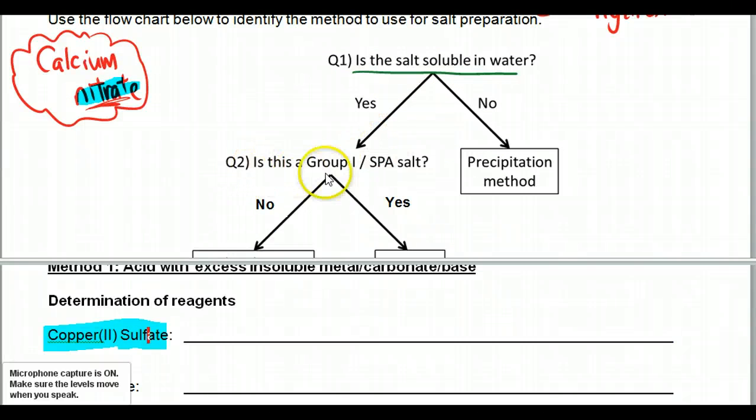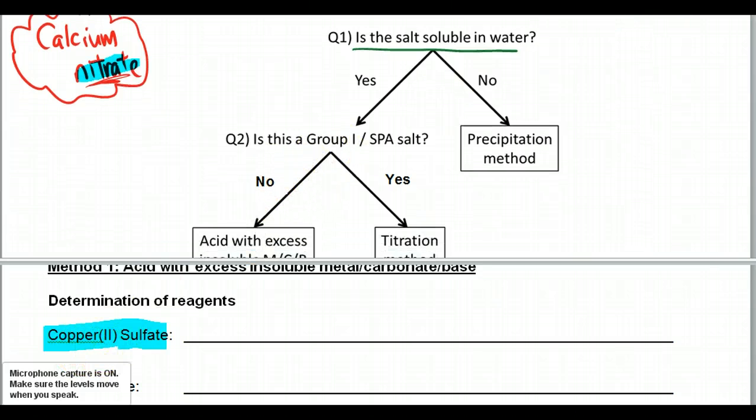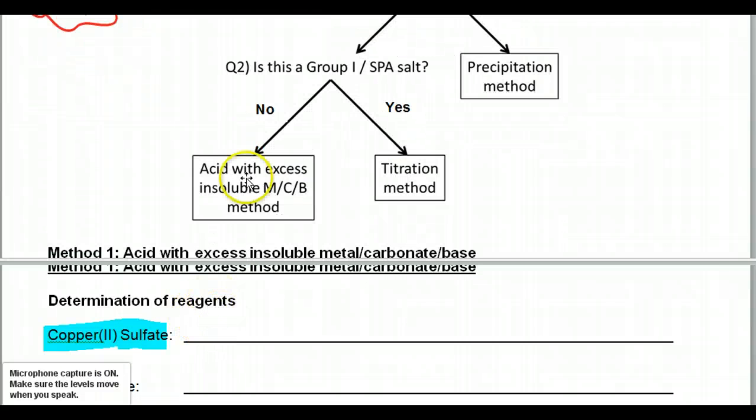And we come to question 2. Is it a group 1 or SPA salt? Does copper belong to group 1? Or is it sodium, potassium, ammonium? Obviously, it is not. So since it is not a group 1 or SPA salt, therefore, we will be going under this arrow. So what method should we use? Will be the